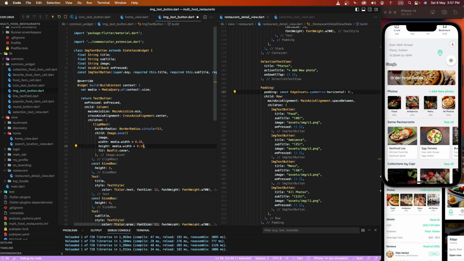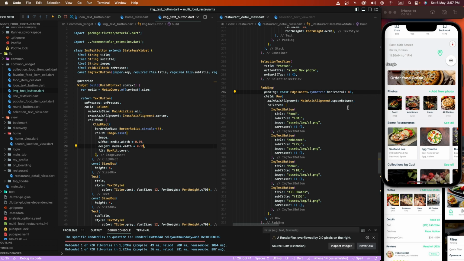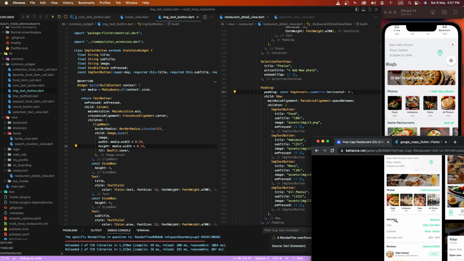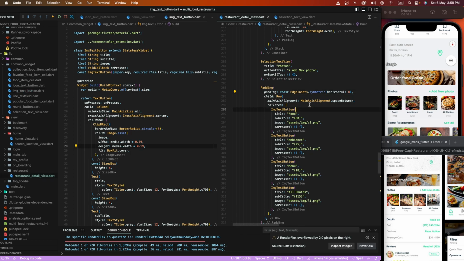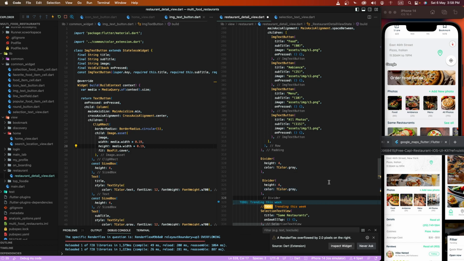Two is more, 20. Is 10.5. Set 10. Set 19 is good because we need to set this spacing. This is statically set, that's why 10 is. And now we need to create this detail, and first of all we need to create this division, and here we need to create a column,